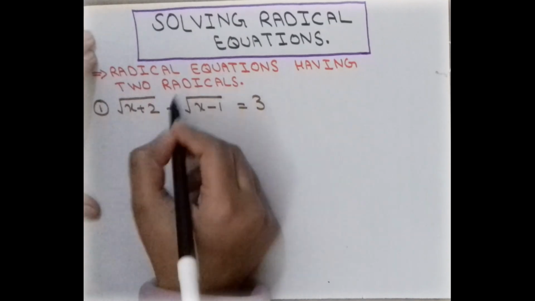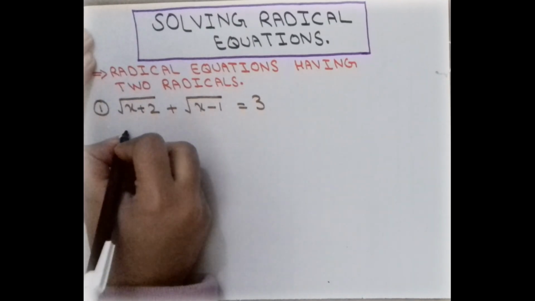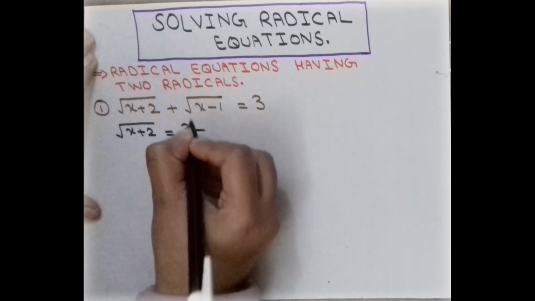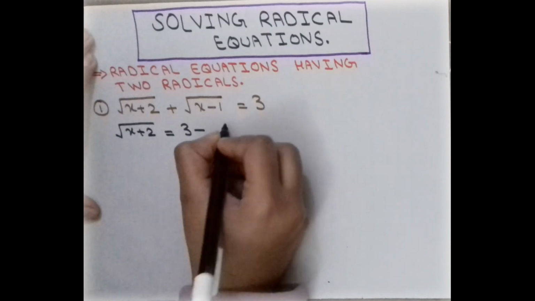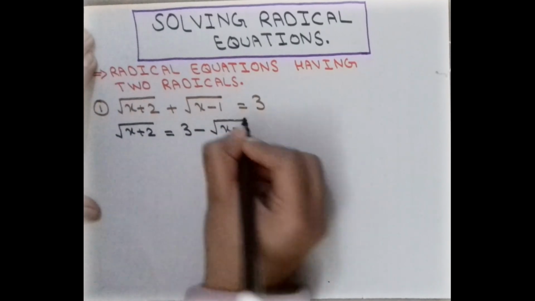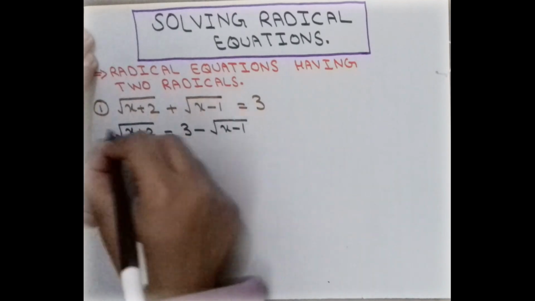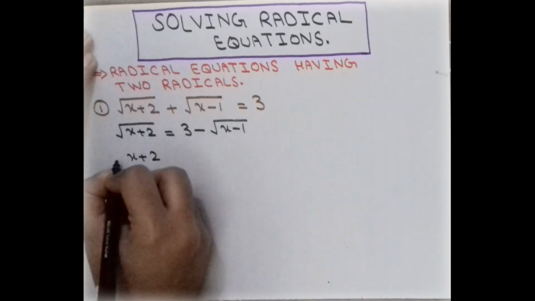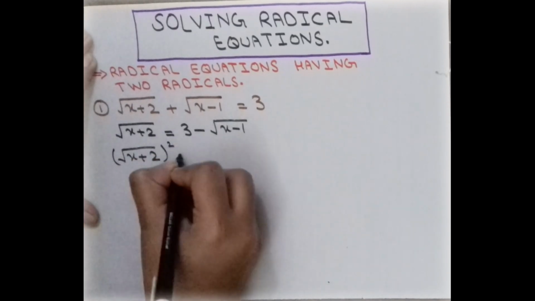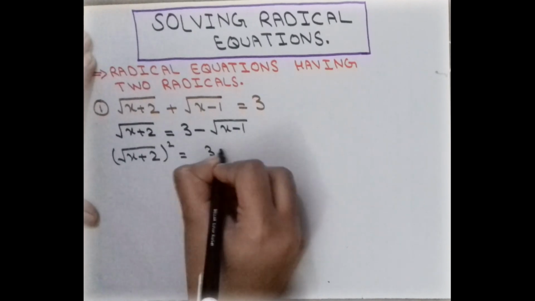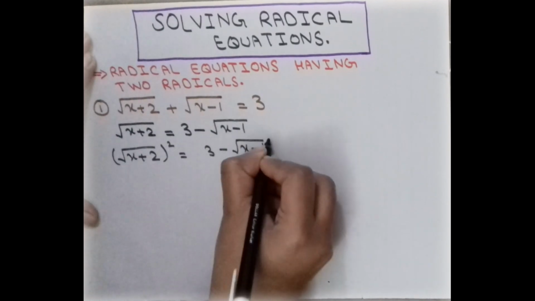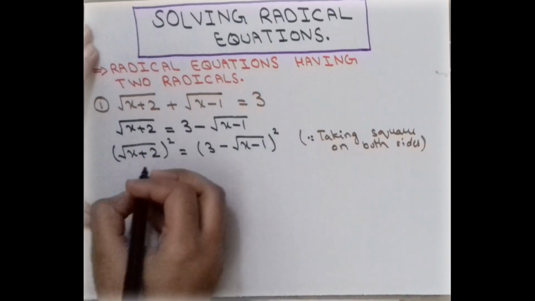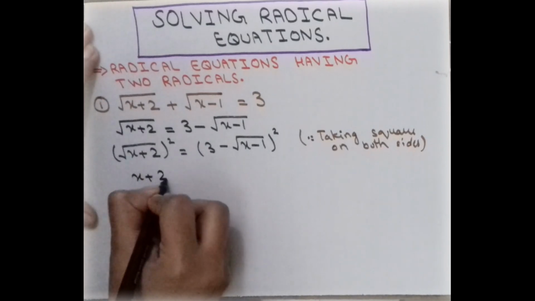First of all, isolate the radical. So the first step is √(x+2) equals 3 minus, we take this radical on the right hand side, so we have √(x−1). And the next step is to remove the radical sign, so we take the square on both sides, so (√(x+2))² and square this whole term as (3 − √(x−1))². So as this square is cancelled out with this root, we have x + 2,